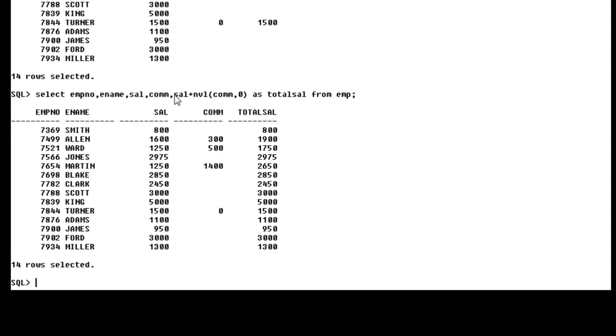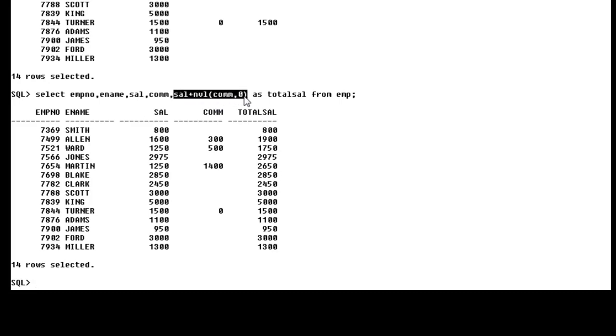So if you want to perform an arithmetic operation in a select query with a column that has null values, and you still want to get the perfect result, you just use the NVL function to convert the null value to 0 at calculation time, not in the actual data. It does not update the null value with 0 in the column in actual data, but it replaces the null value with 0 at calculation time only.